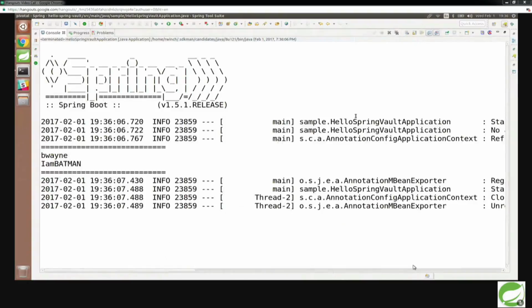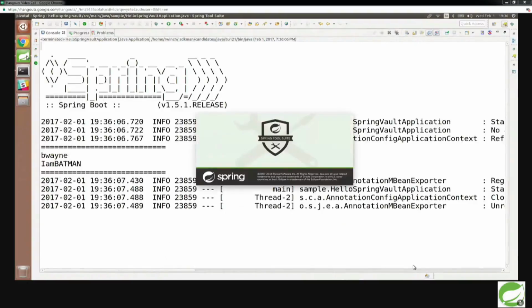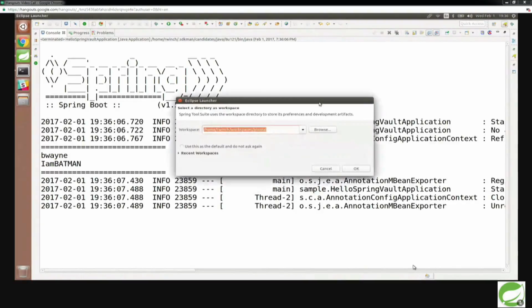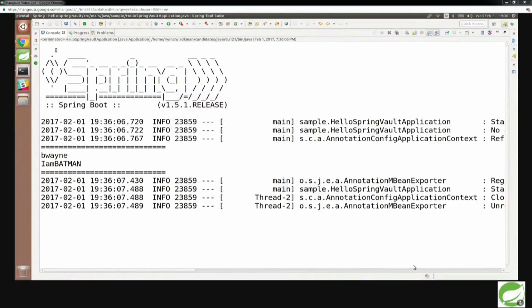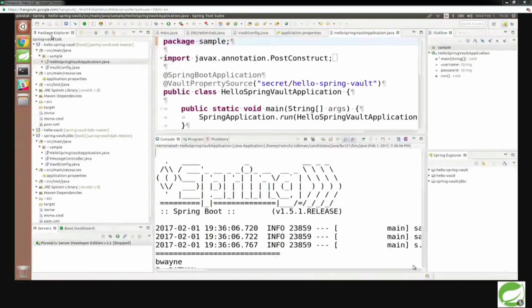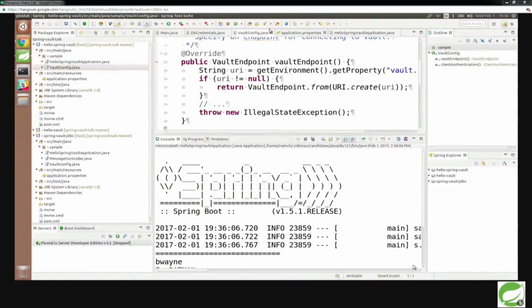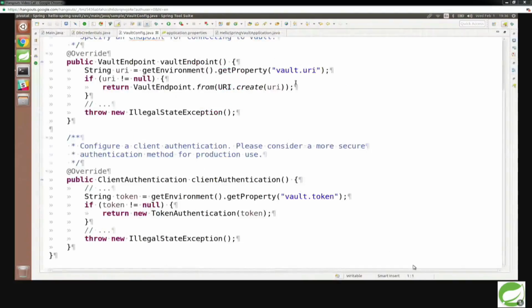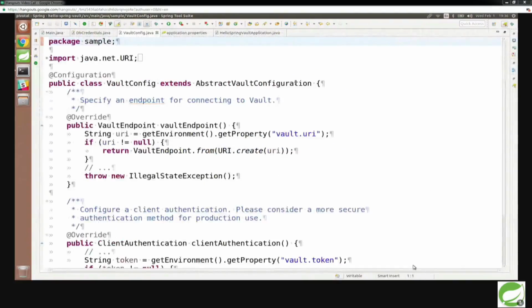And the config that we see here, oops, looks like I opened up another instance of it. But the config that we saw here, we're going to actually create one out of the box, so you don't have to do this boilerplate code that will extract it out of the environment.